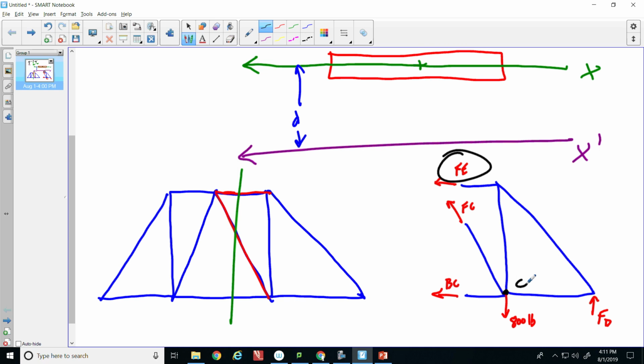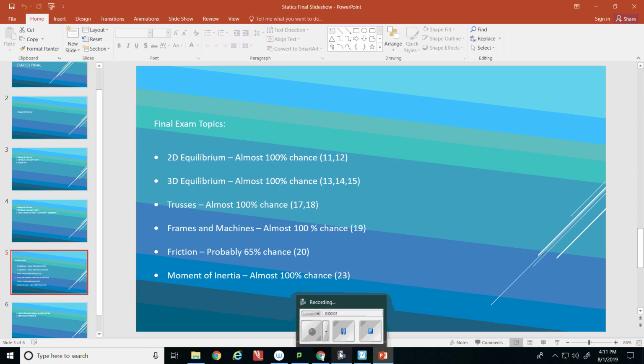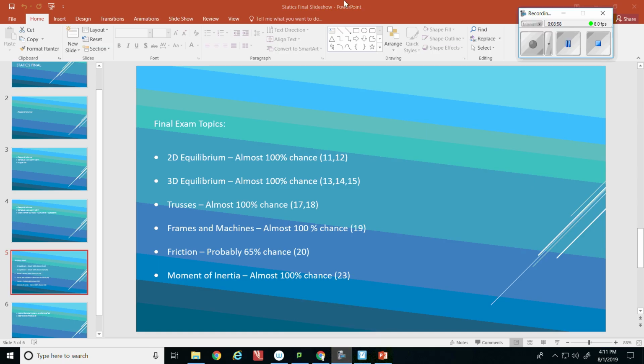And you know, here's the great thing about truss problems. They're really easy to study for. Just do some truss problems. That's it. Do like 3 or 4 truss problems in the back of the book. You know, they have answers in the back of the book. You can find answers. You'll get the hang of it. Boom, get those done. Okay? Those are the 2 easiest problems on the test, in my opinion. Okay? So, next thing I would do